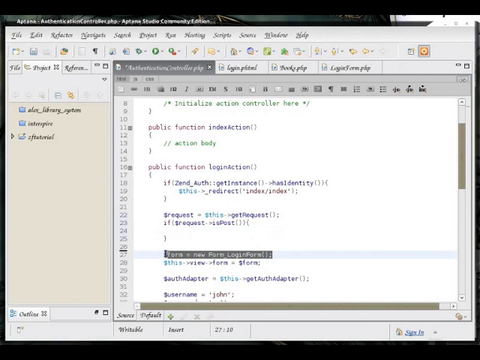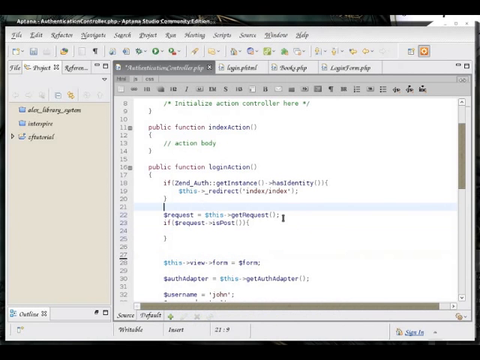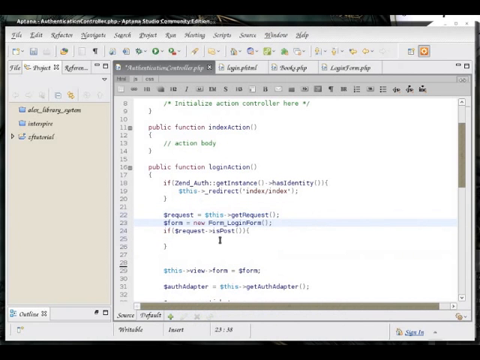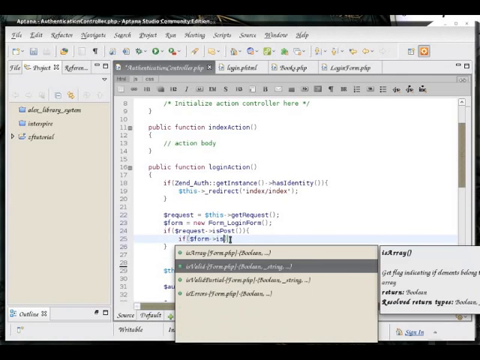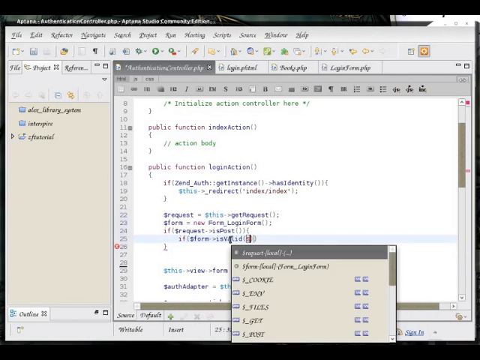So I'm going to have to move this form declaration up here so I can use it, and I will use its validator, which is the isValid method. The data is going to come from the request getPost method.